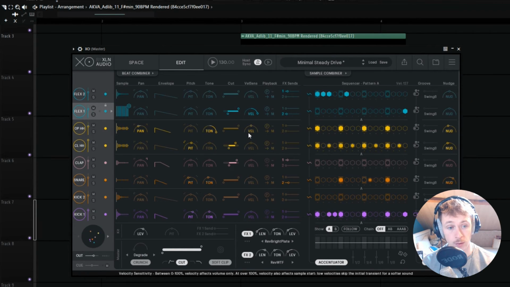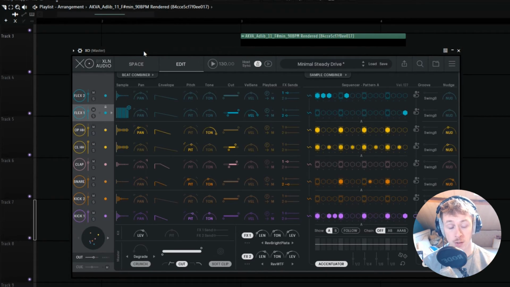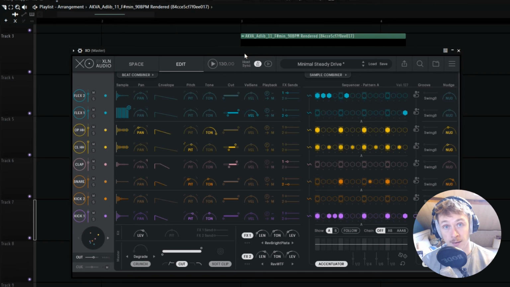And right out the gate, you can see that this is a way more advanced plugin than any other on this list. Now, one thing I'll mention straight away is that this is strictly for beat making. You can use some one-shots like chord stabs, but it's really designed to create beats. So loops, for example, won't work here. Now, I could do a whole video on EXO. And by the way, let me know in the comments if you'd like to see a full tutorial. Honestly, it's one of the most fun plugins to play with, but I'll just cover a few of the features